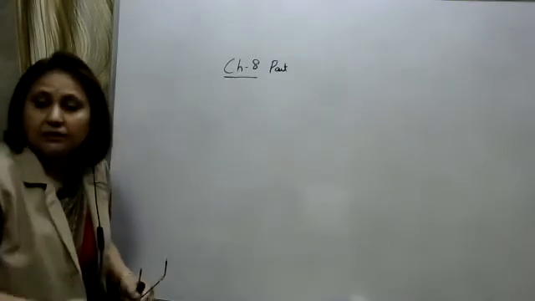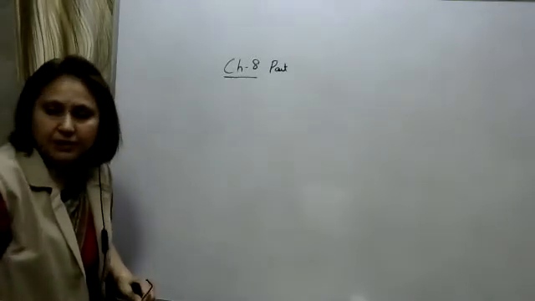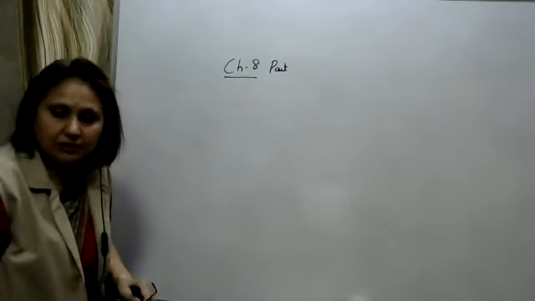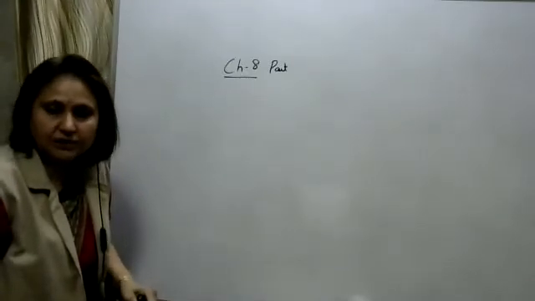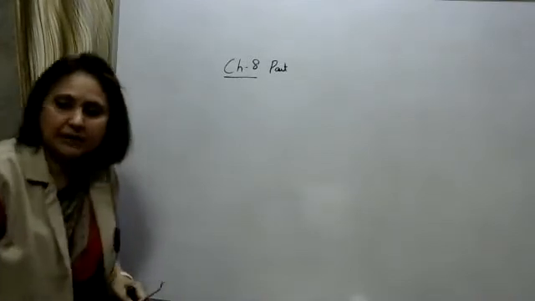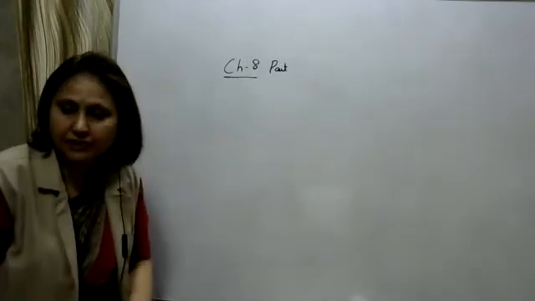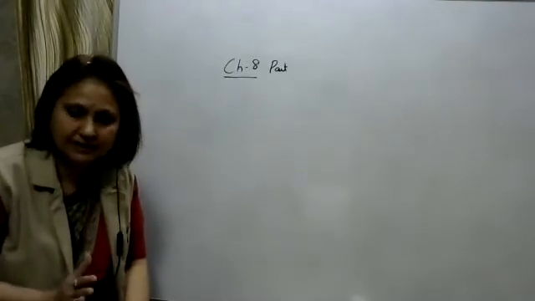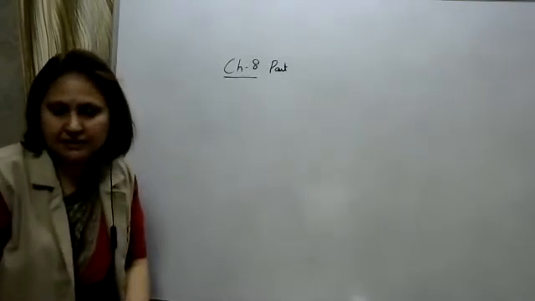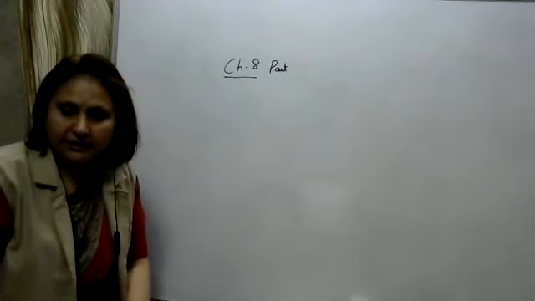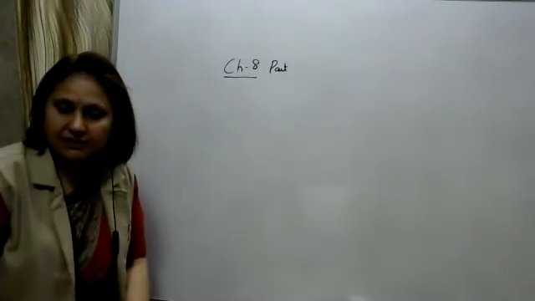So we have studied about speed. Speed is the distance traveled per unit time. Whenever the object is moving, it covers some path length. This path length, which we call the distance traveled per unit time, is called the speed, and its SI unit is meter per second. Then different types of speeds we have discussed.